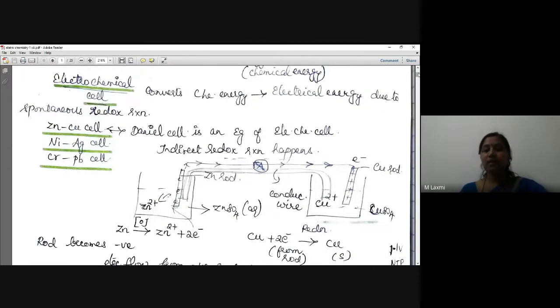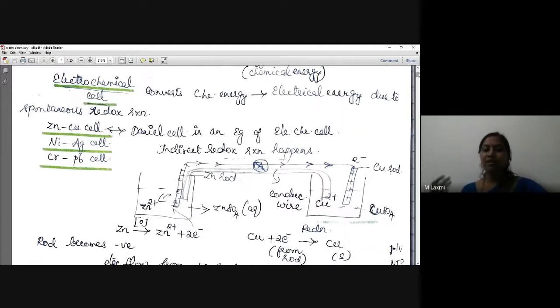On the left side, I'll be keeping a container with a rod dipped in electrolyte solution, and on the right side I have a container with a rod dipped in electrolyte solution. Both are different. On the left side, there will be oxidation happening. Say for example, a zinc rod dipped in zinc sulfate solution, there is oxidation. When oxidation happens, there is liberation of electrons. These electrons will be traveling through the wire. They reach container 2, where the electrons will be accepted by one more ion, so that ion will be